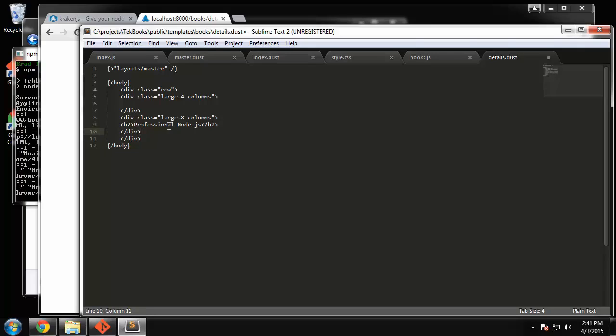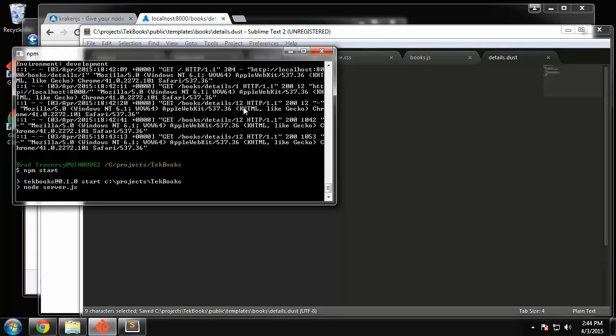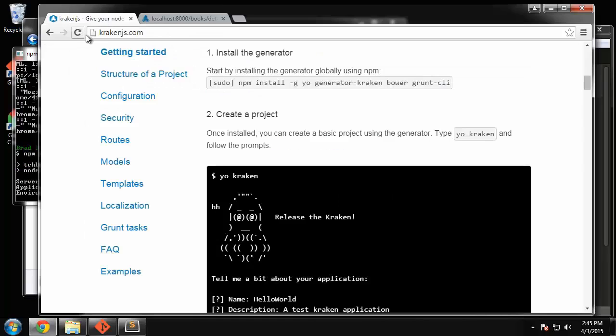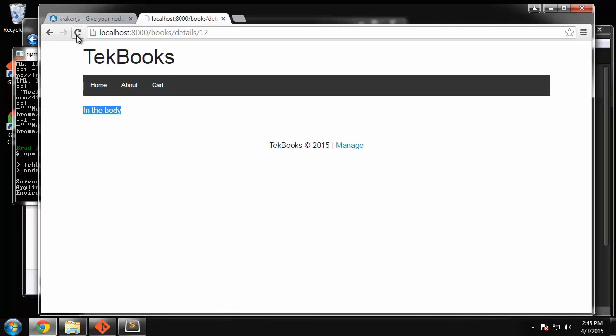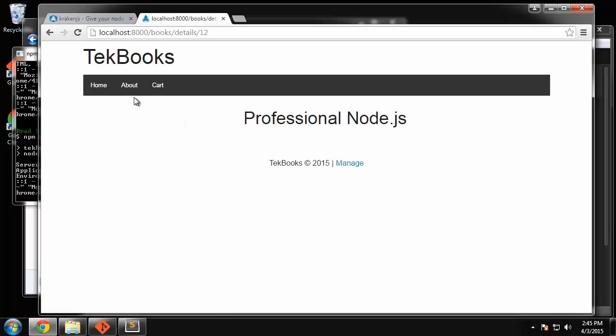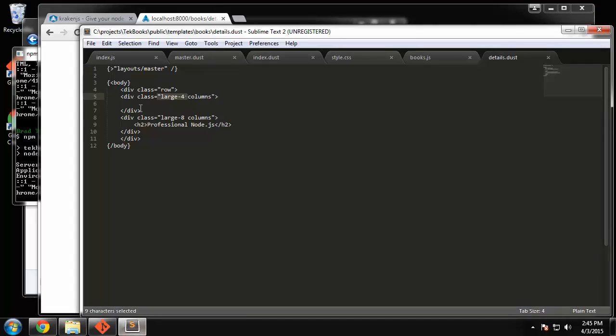Okay, so I want the image to show up in the 4 column div, and the rest of the data will show up in the 8 column. So let's go ahead and just see how that works out. Alright, so the image will go here. So for now, we'll just put a static image. So img /node1.jpg,